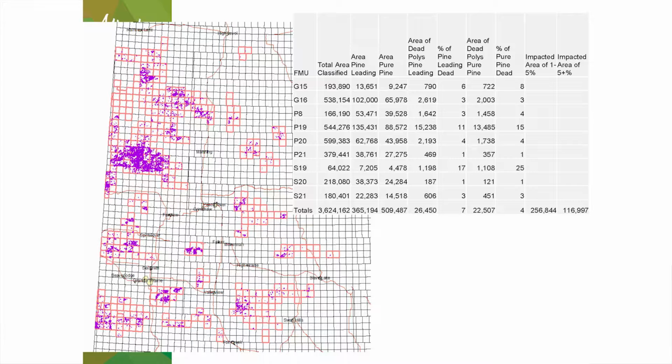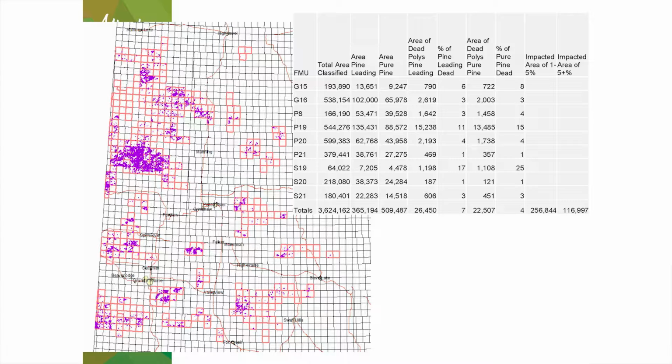So this is a picture of what these polygons are, what we're calling dead. I think on P19 you were showing the pine component, and this is the area that has been most heavily hit. These are all dead polygons, or dead disturbance units, I should say, derived from the work, and that's what the purple is. So I've got some totals here.